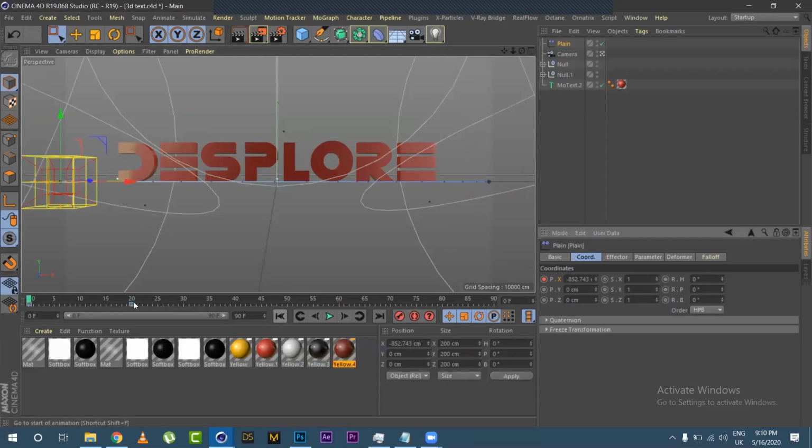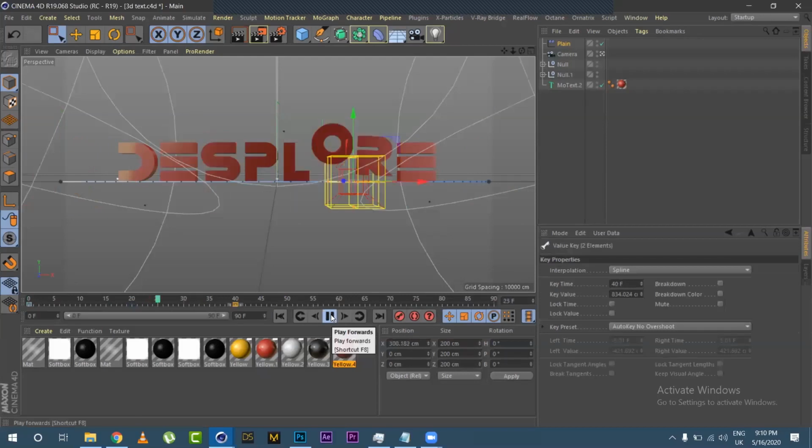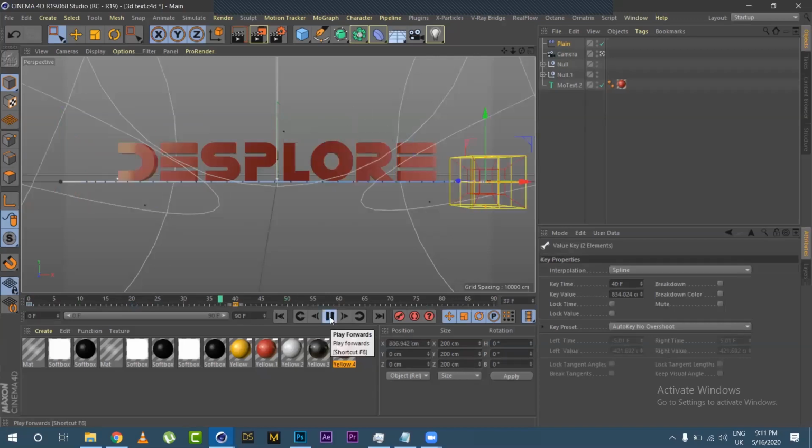So I'll just drag the keyframe to like 40. So it plays. So that is step 1, using the plane. Now you see that it is too rigid, like the animation of the text. It just went keke. So what I'm going to do is that I would go to the effector again,